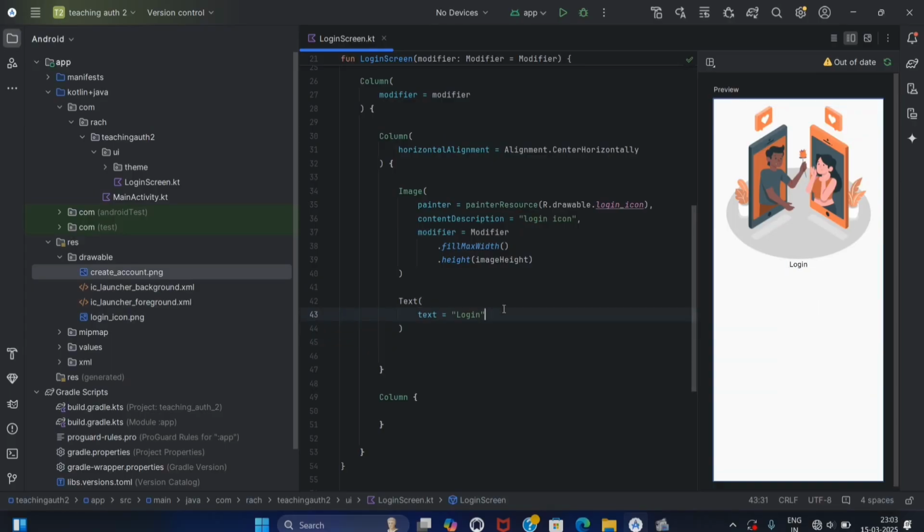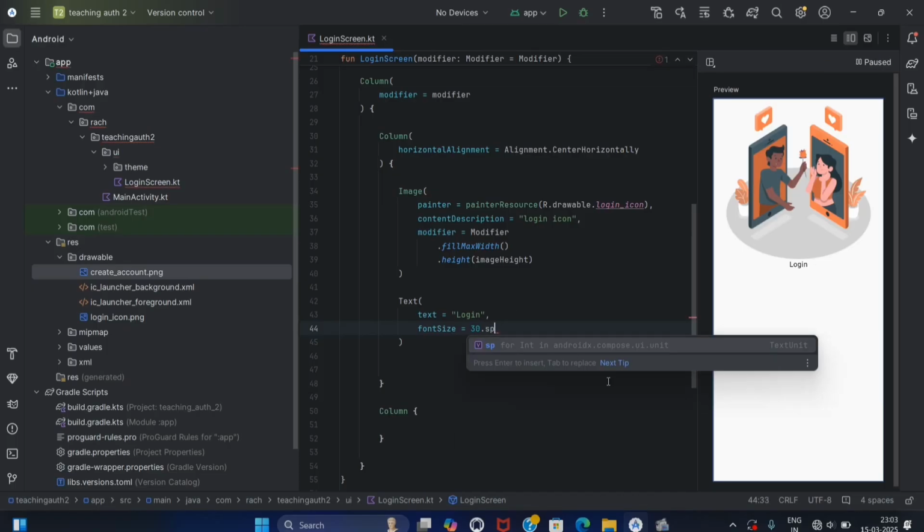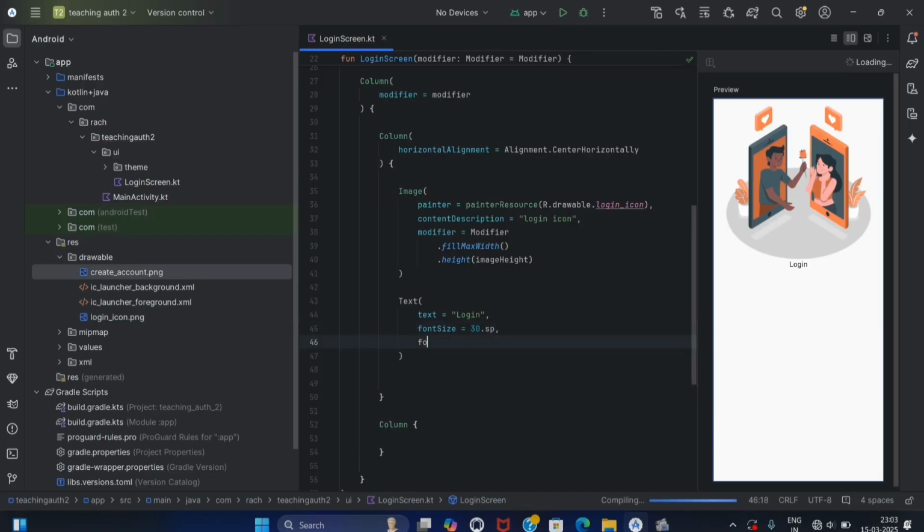Yeah, you can simply see it. I set the font size to 30 sp, font weight